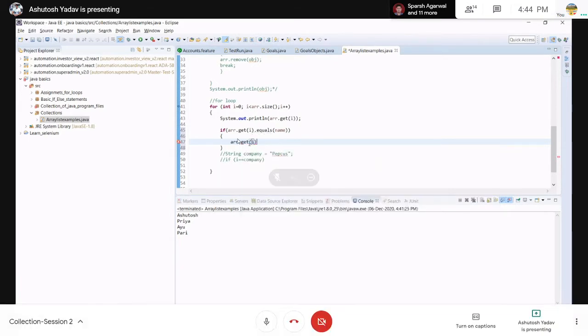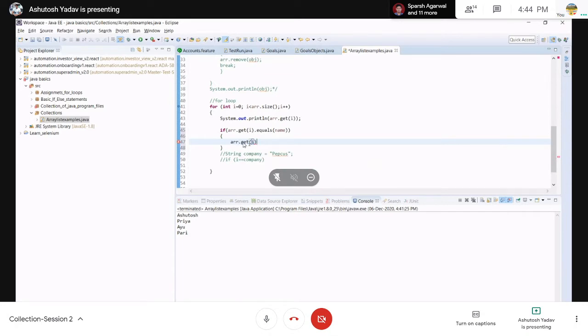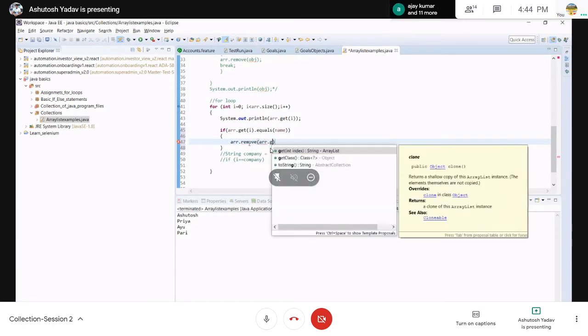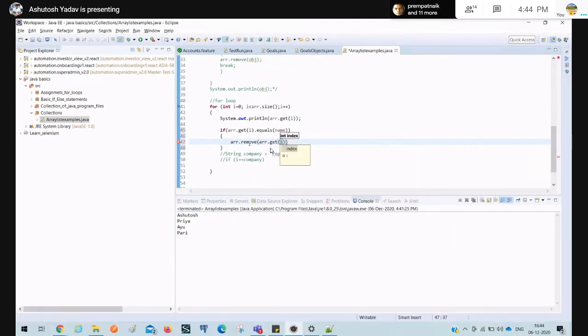No, this will not be it. Write ARR dot remove, inside it write ARR dot get I. Now print.